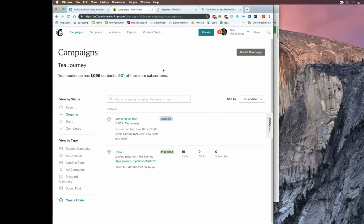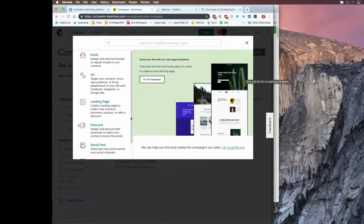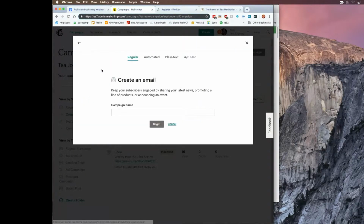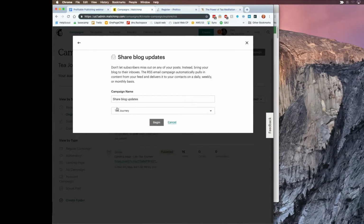So I'm going to log in. You go to your campaigns menu here. We're going to click the Create Campaign button, click on Email, and make this an automated campaign. So we're going to click on Automated, and then share blog updates. So that's the sequence. We'll just call this test. It's going to go to the T-Journey list. We're going to hit begin,